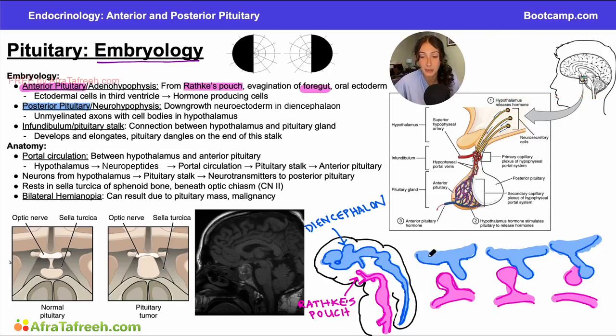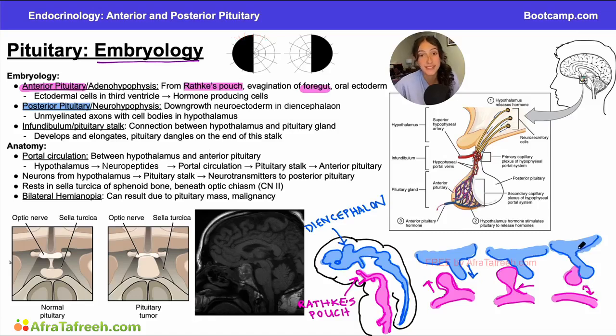And if you look at our diagram on the right, you can kind of see how our pituitary begins to form. We have this down pouching of our diencephalon that is creating our posterior pituitary, as our Rathke's pouch from our foregut is going to be growing up, and they kind of meet in the middle here. So you can see these structures meeting in the middle in the second step, and you can also see this pinching right here of Rathke's pouch as parts of Rathke's pouch begin to dissociate from the rest of our foregut, and eventually they will completely dissociate,